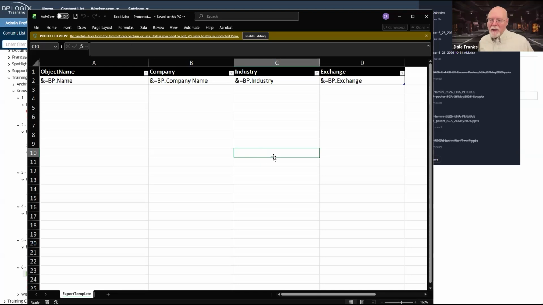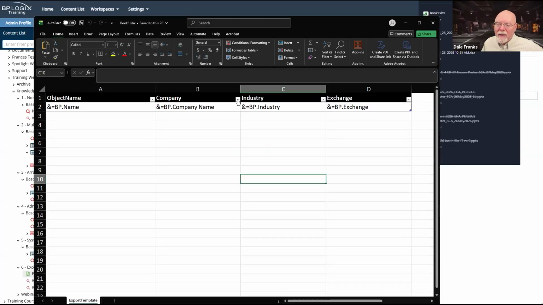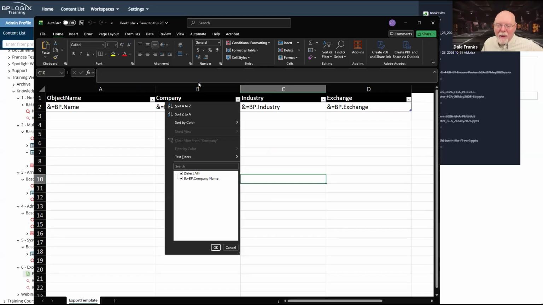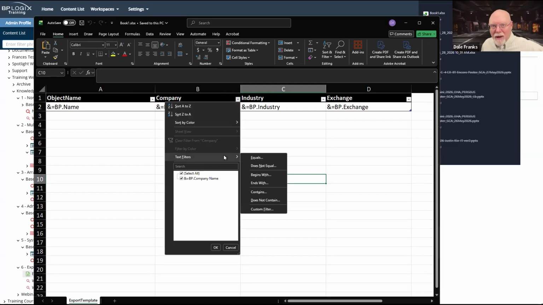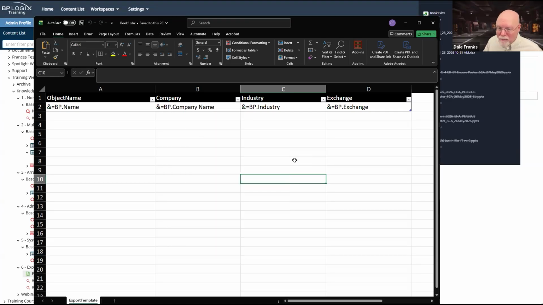Now, in this case, I've done a couple of things here. First of all, I've added in the cool little advanced sort and filter so that whenever my product gets created, the file gets created, it will have all of these filters already in it. That's going to be cool.